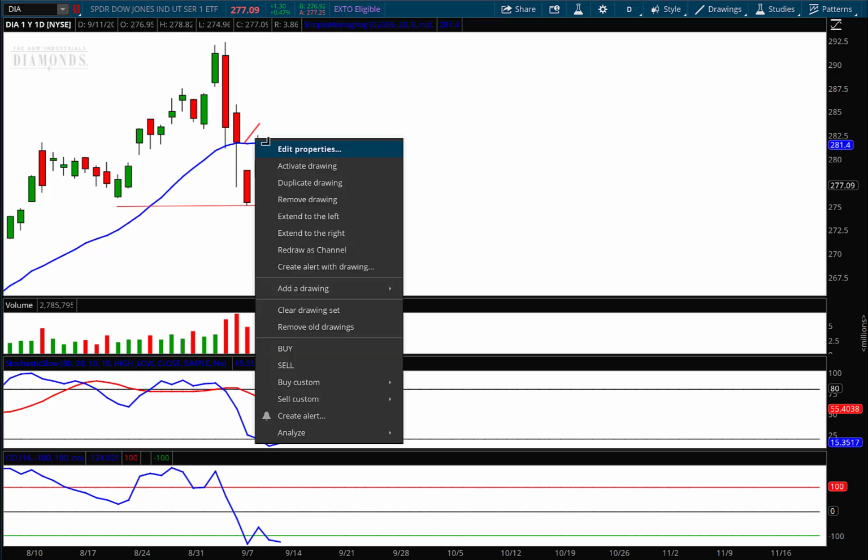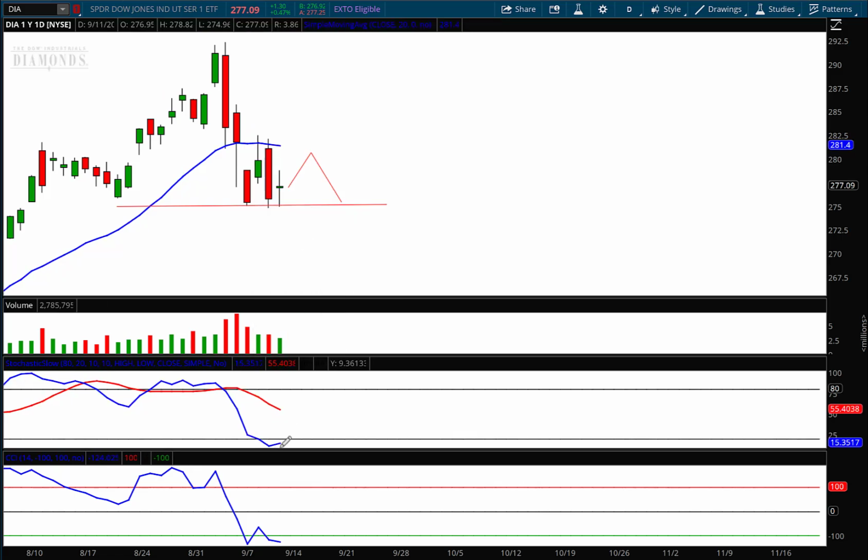So I'm going to erase this. I'm going to more or less forecast what I think the stochastics is going to do. I think that'll move up, and I think the CCI will start to move up and cross with a buy signal there. So again, the strong message is to make sure you're managing risk on your portfolio or